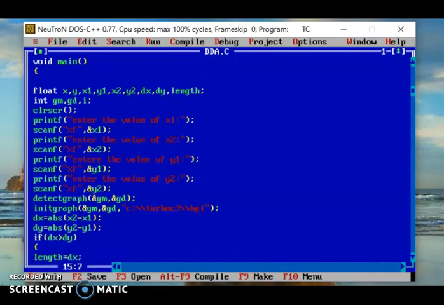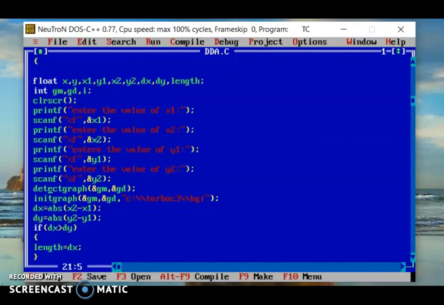You have to remember the syntax of printf and scanf. Then next, printf 'enter the value of x2' and then scanf in double quotes %f, comma, ampersand x2. We are taking the value of x2, and whatever value the user enters will be stored in x2. Next, wherever you use the variable x2, it will access that stored value.